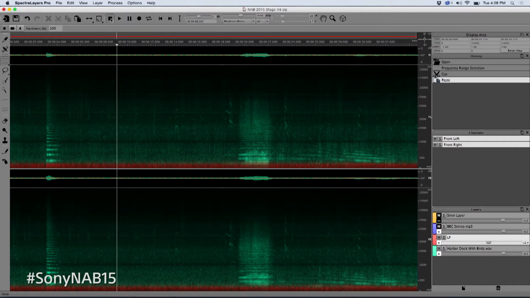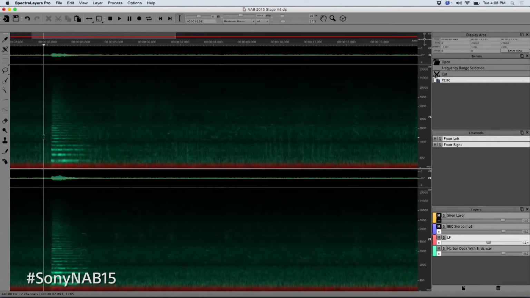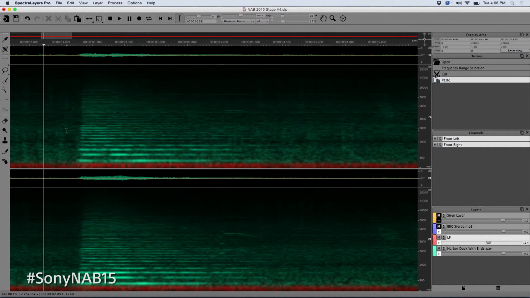Okay, now with that under control, that's kind of a repair task. The next step is let's do some sound design work. I'd like to focus your attention on this Foghorn sound. Now you can see the Foghorn sound is made up of